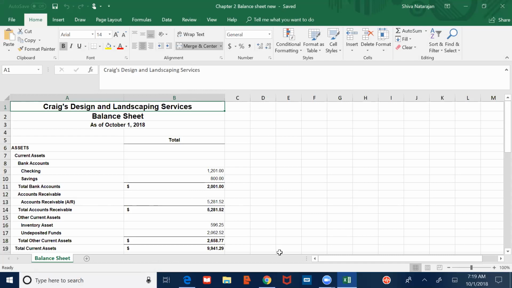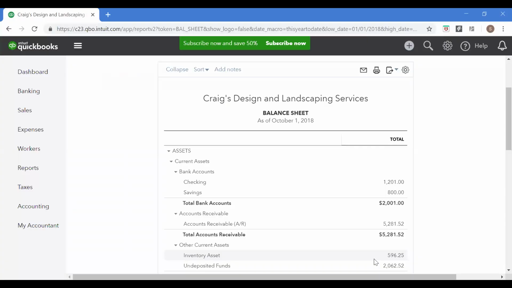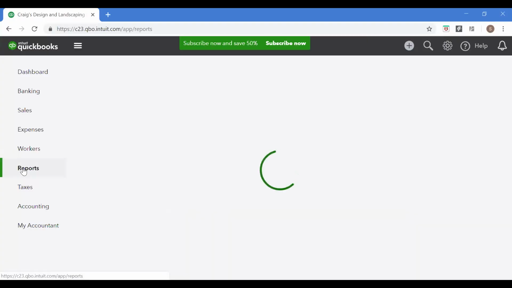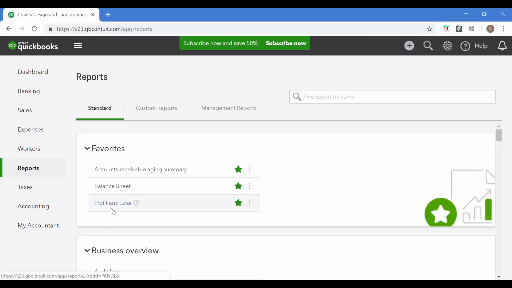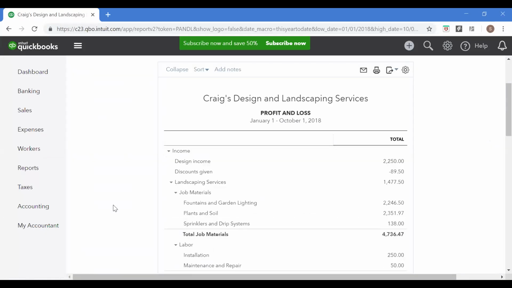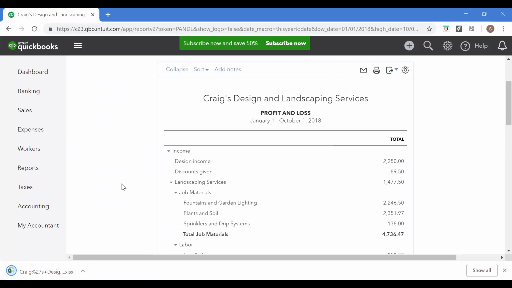And then I'm going to show you another report to be downloaded. Go back to QuickBooks. Click on Reports. Click on P&L. Again, export to Excel. Same steps as before.